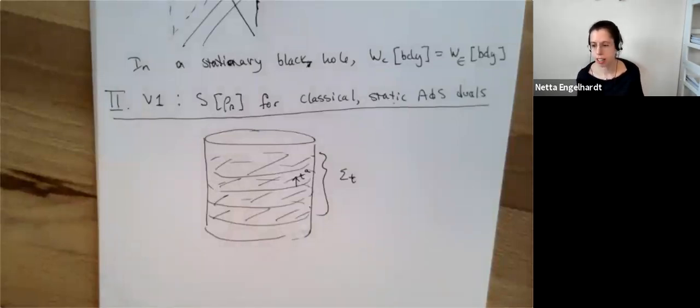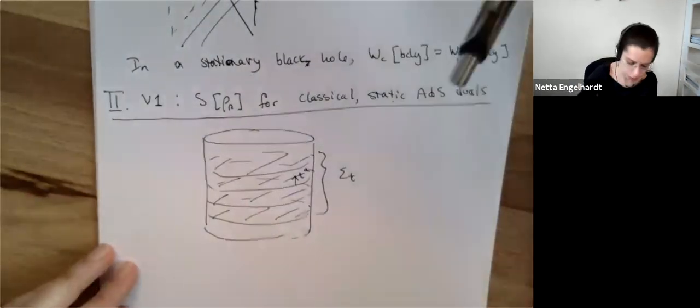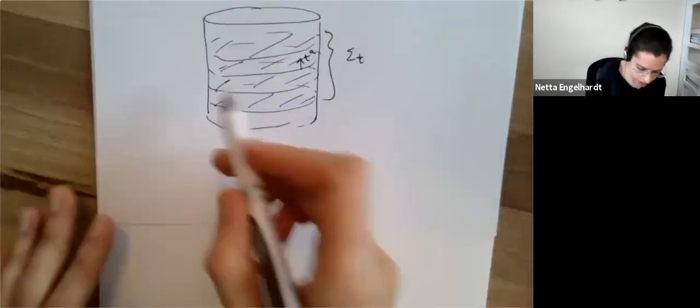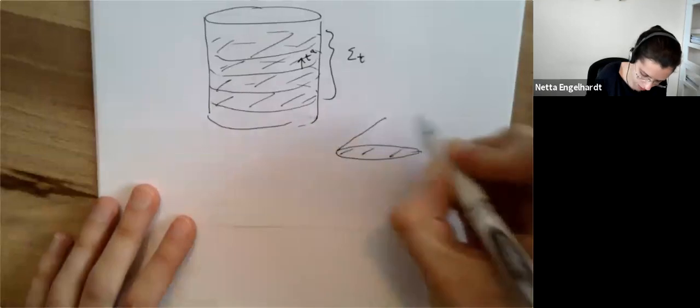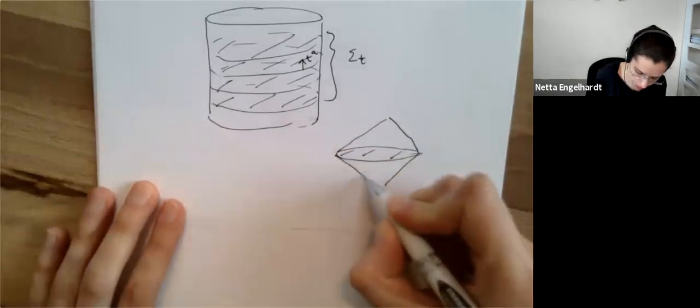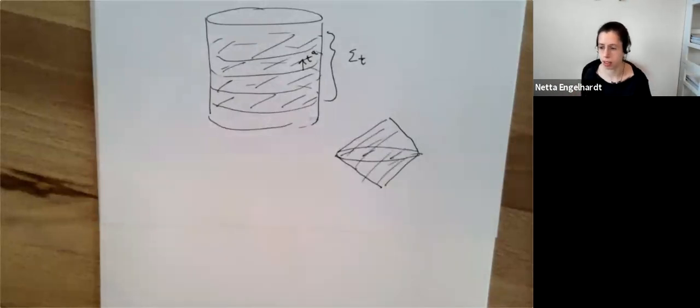Now, I don't know if there are any picky relativists in the audience who will tell me, how can this possibly be a Cauchy slice? AdS is not globally hyperbolic. And yes, this is true. Technically speaking, a Cauchy slice will have some domain of dependence, and that will certainly not be the entire asymptotic boundary, so the entire space-time. If you're not a relativist and you're not worrying about this, then please keep on not worrying about it.